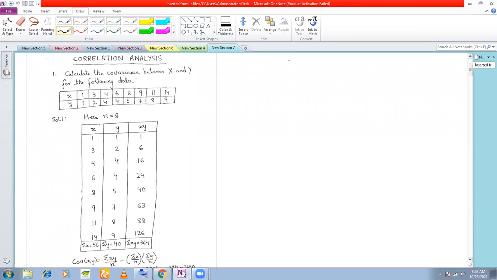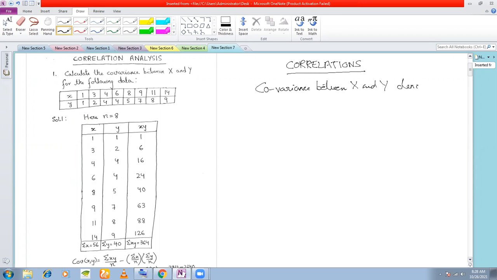Under correlation analysis, we first deal with something called the covariance between two variables, X and Y. The covariance between X and Y is denoted by cov(x,y), okay, and is defined as